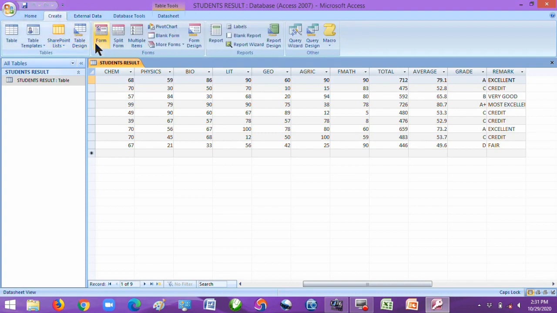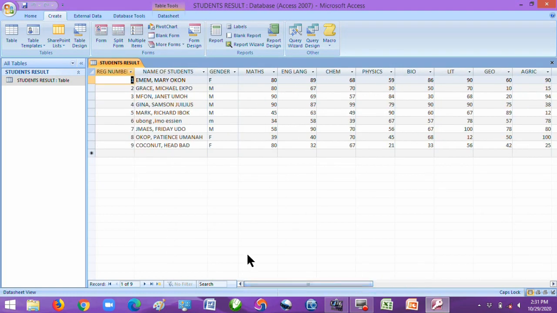that you can create in Access, like forms, reports. You can now create a query using that particular table. Let's see how we can use this particular table that we now have in Access to create these other things, forms, report, and query the table. Let's see how we can do it.